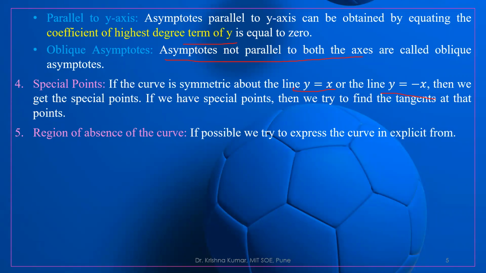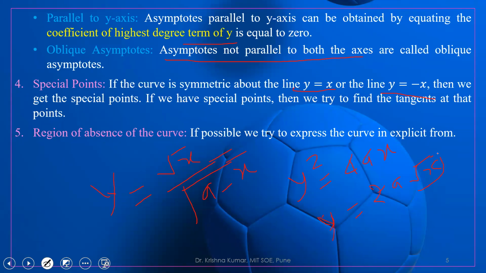Reason of absence of the curve: suppose we want to trace the curve, then we will get some equation. With the help of that equation, we can say whether the curve is possible or not. For example, suppose we are given y equal to root of x upon root of a minus x. Let us see about the parabola. What is the parabola? It is y square equal to 4ax. So y is 2a root of x. Clearly, we cannot consider this as the value of y.